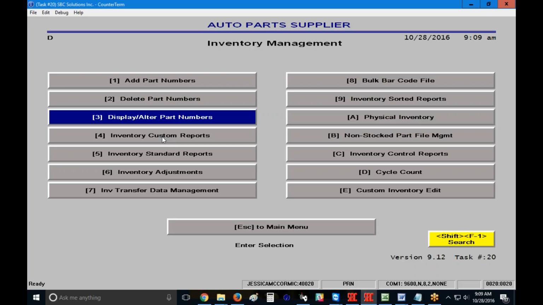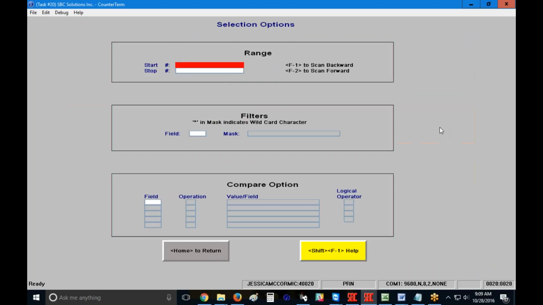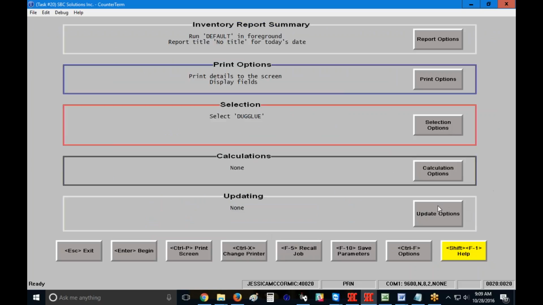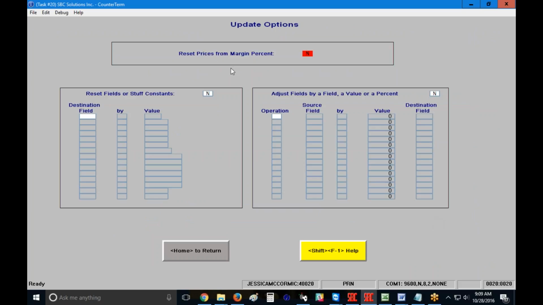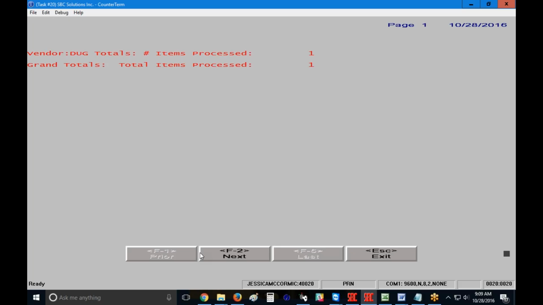So I'm in D4, type in my clerk code, select the part I want to update, and then click on the Update Options button and say, yes, I'd like to reset my prices using my margin percent setup. When I hit the Home key and then I press the Enter key,